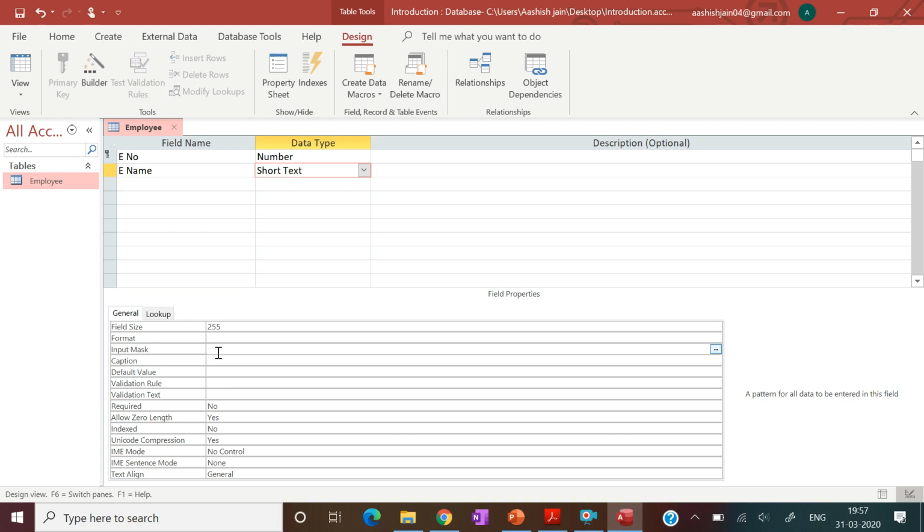So greater than sign for uppercase, then the first letter should be compulsory, and the at most characters should be 20. So that means we need to put 19 times question mark, and then press enter.